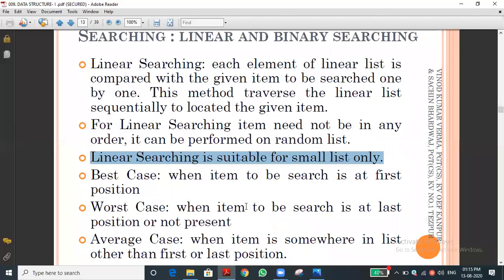In this, three types of cases are there: best case, worst case, average case. Best case means, suppose our searchable element is the first element, that's all. How long do we need to search? Just one loop. Am I right? Yes, sir. If the loop is executed one time, we can easily find the element in the first position itself. Suppose it is the last element, then it will be very bad. That is the worst case.